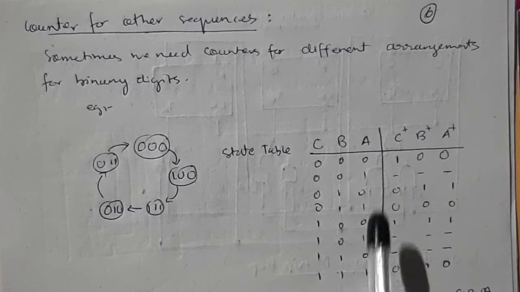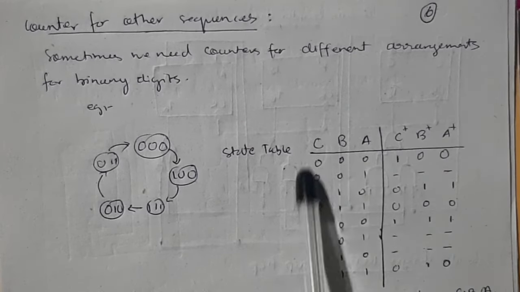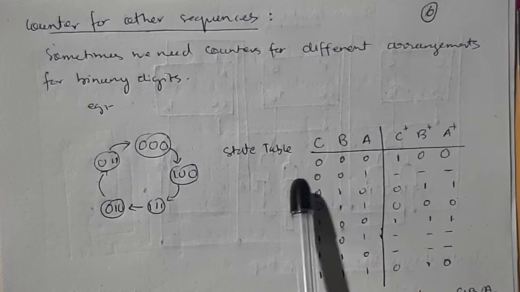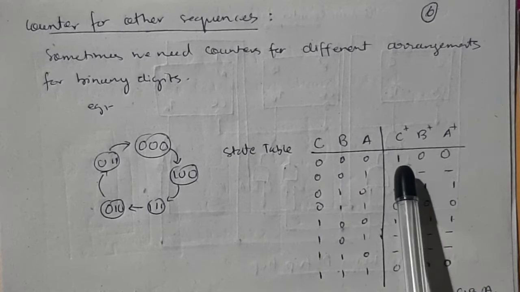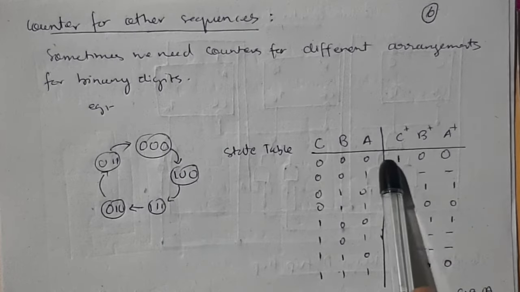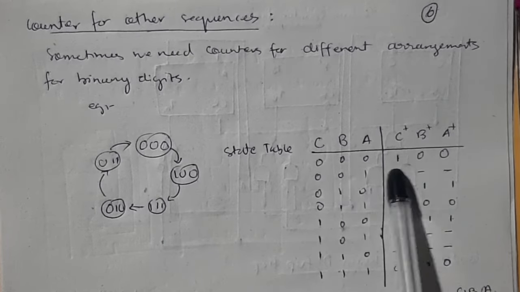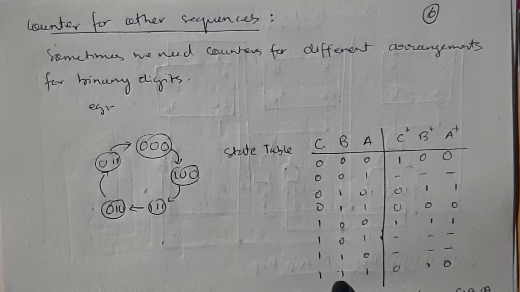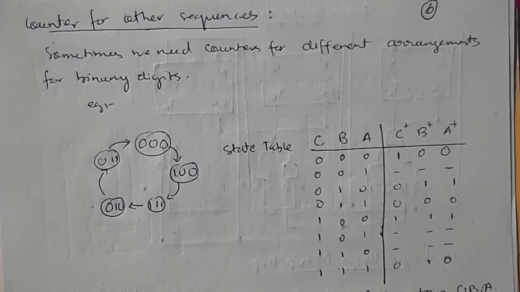Okay, what you need to do, make this table, write down all the binary values of CBA: 0 0 0, 0 0 1. Okay, then whatever the values we have here, what comes after 0 according to this, it's 4, right? So write here 4. After 1 nothing is there, so nothing. Similarly fill this table. After that, that's your first step.